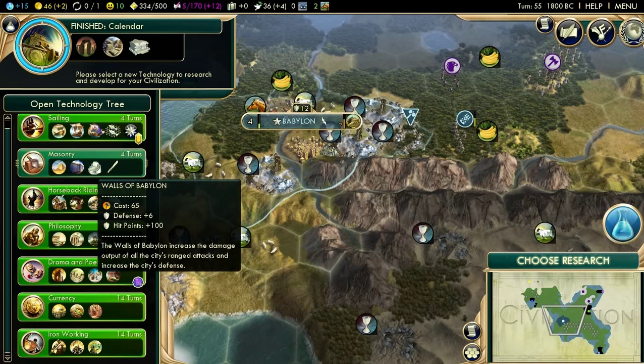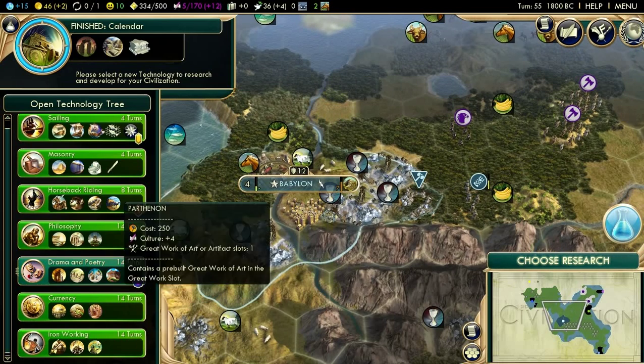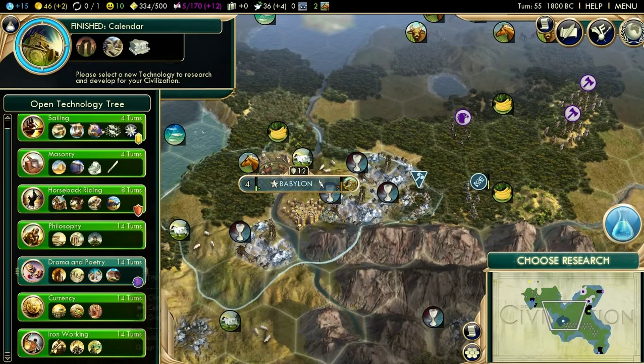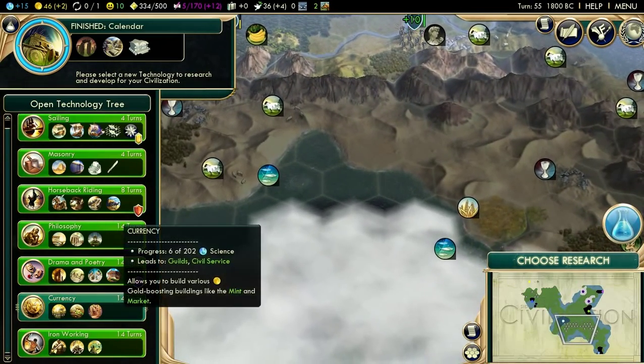Normally, you'd think that you want to rush Masonry to get Walls of Babylon, but right now I'm not in a position where I want Walls of Babylon. Might want it later, but right now it's not really that useful. What I could do is I could rush...